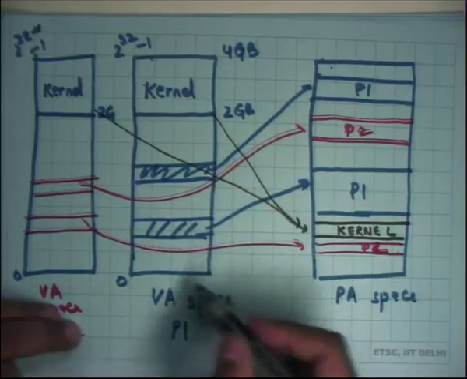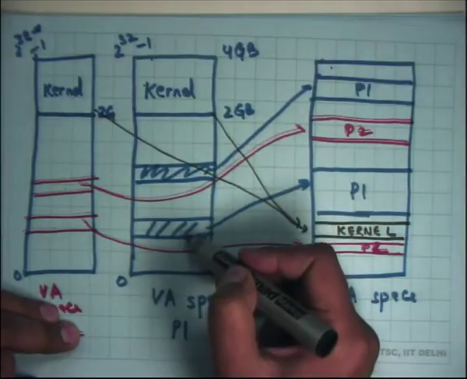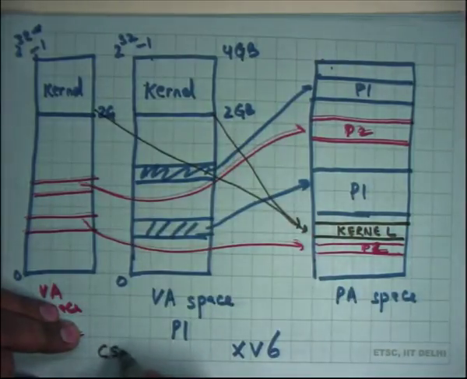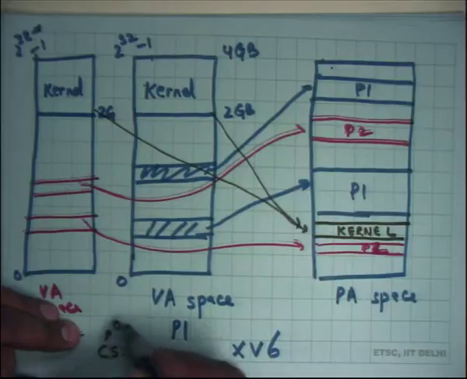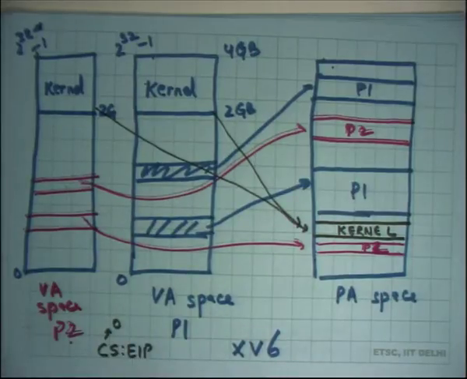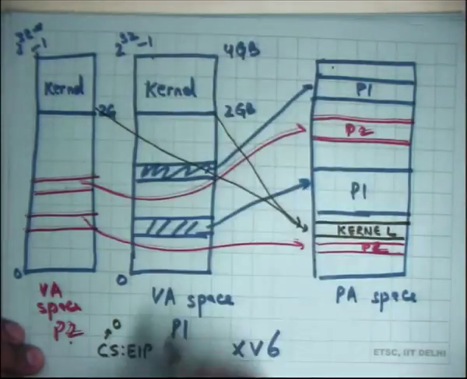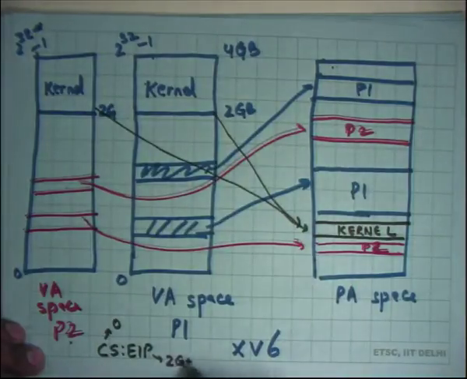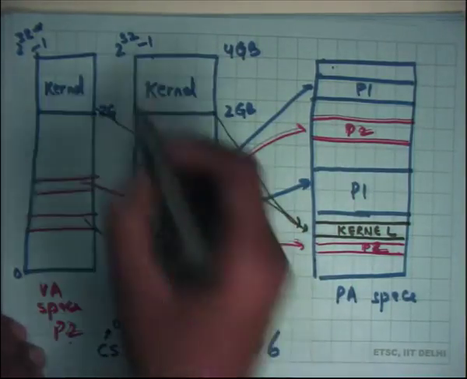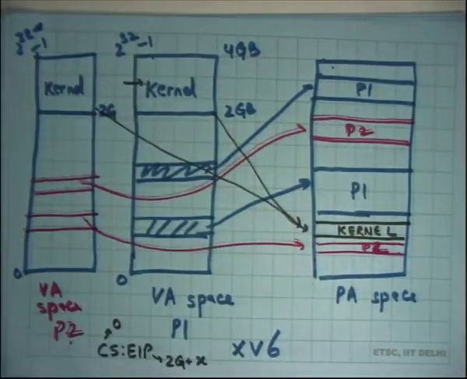Okay. So let's say I was executing in P1 and an interrupt occurs, then CS colon EIP will be loaded from the interrupt descriptor table, and CS's base will be 0, right. So we are assuming that the segmentation model is completely flat, so all segments are 0 to 2 to the power 32 minus 1, but EIP will be an address which is above 2 GB, right. So EIP will be some 2G plus X, whatever, right. So it's going to point somewhere here,